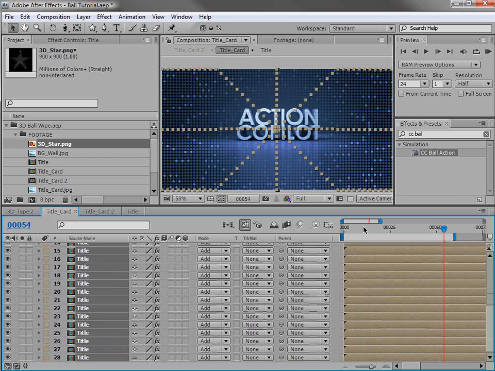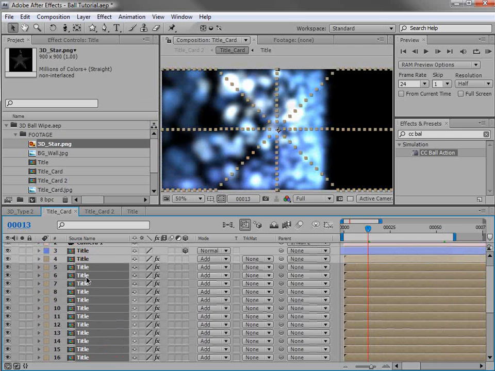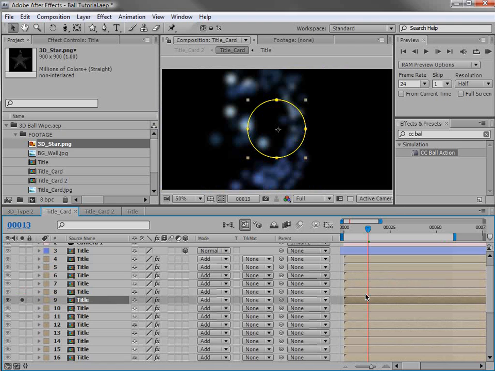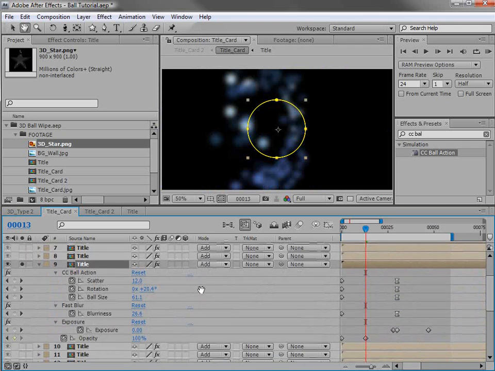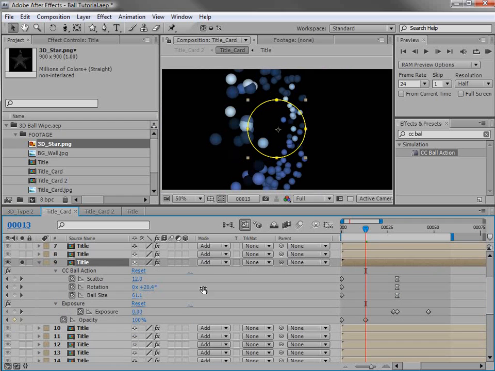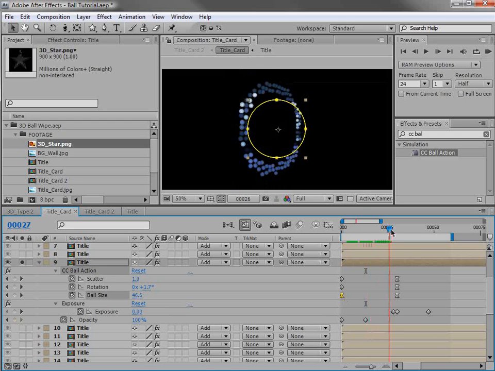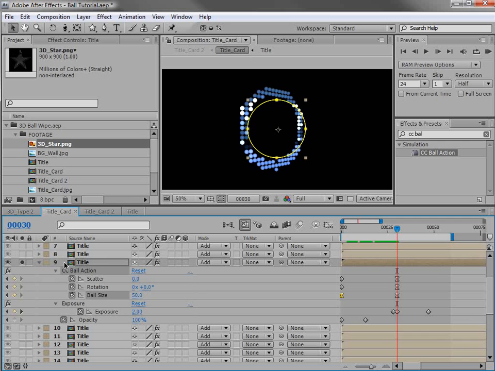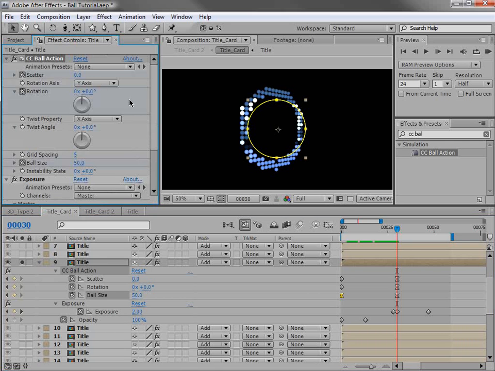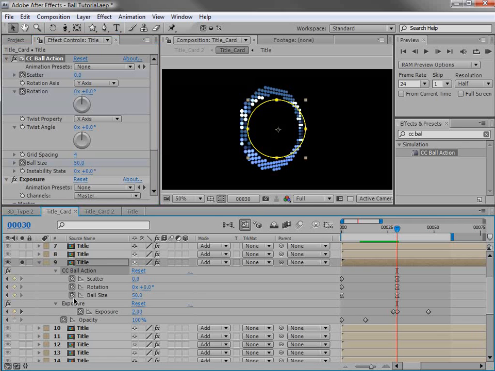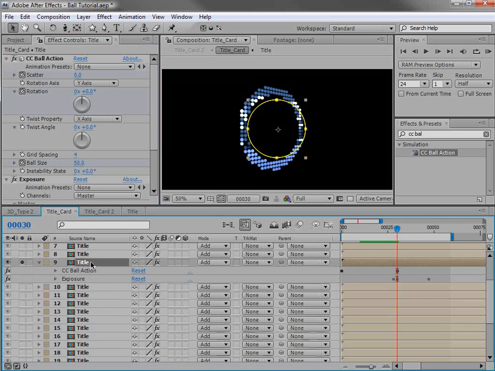Alt-Home, so they all go back to frame 1, and then we could just pick one of them, solo it, and change the effects. So let's get rid of the fast blur, and let's maybe do the thing where the balls start out small and then get larger, so that way they kind of just come together small and then that size. Now we can also change the size of the spacing, so we could do more like that. That might be interesting. But once we get it the way we want, we'll hit E and then Shift T